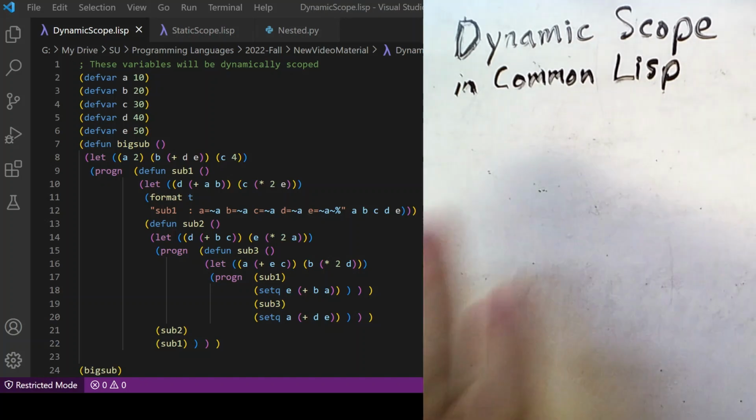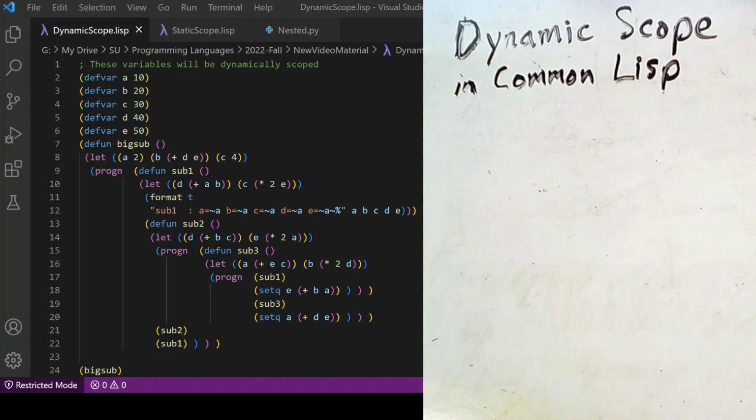Currently, in Common Lisp, the default scope is actually static. But Common Lisp also supports dynamic scope. And so what I'm going to show you are two programs that are identical, except the only difference is the scoping rules. The program we see here